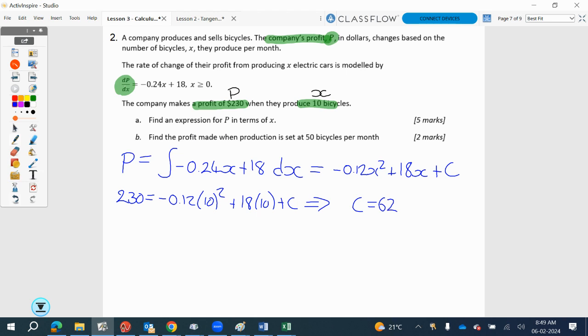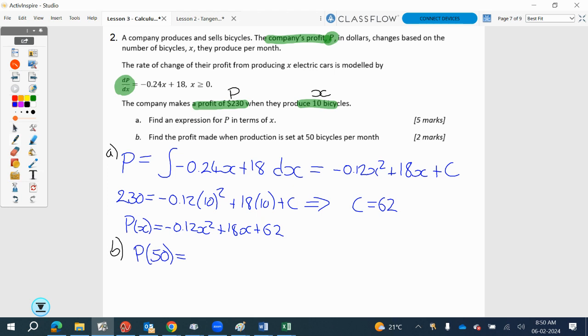So what is the answer for part A? We get P of x is negative 0.12x squared plus 18x plus 62. So this is part A. For part B, we just plug in 50 for x, not into the derivative but the original function, which is